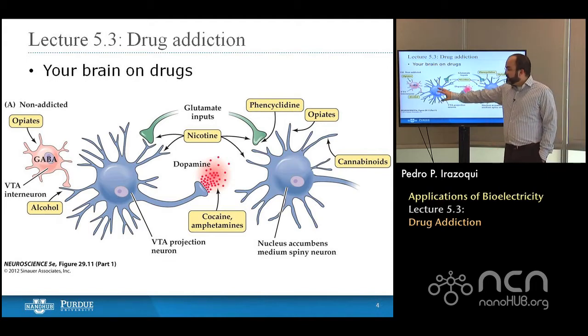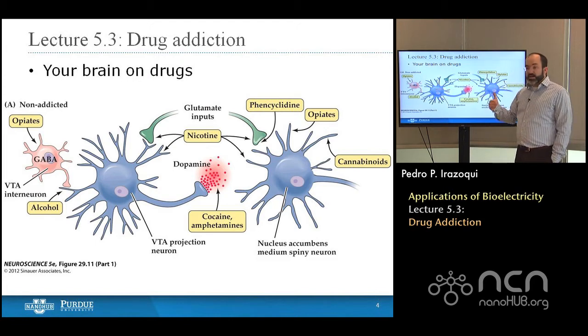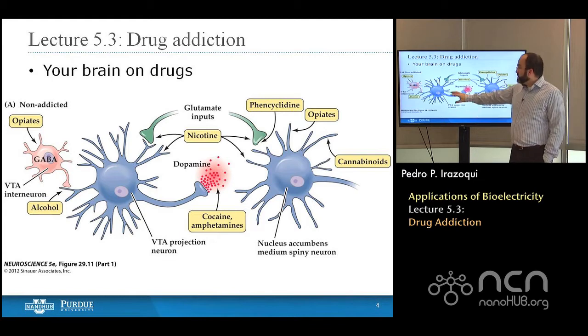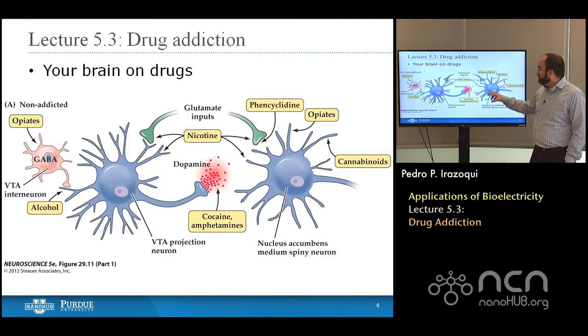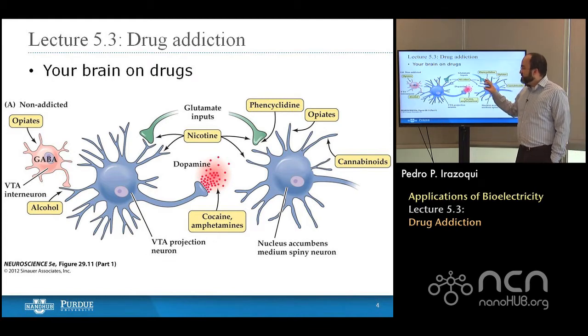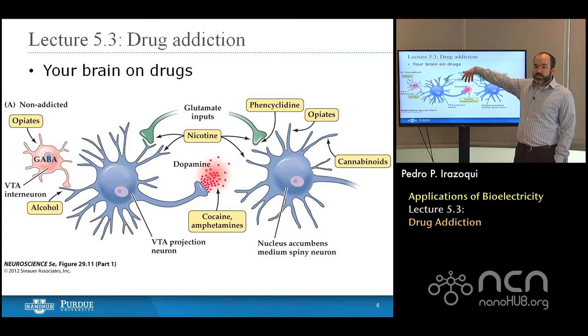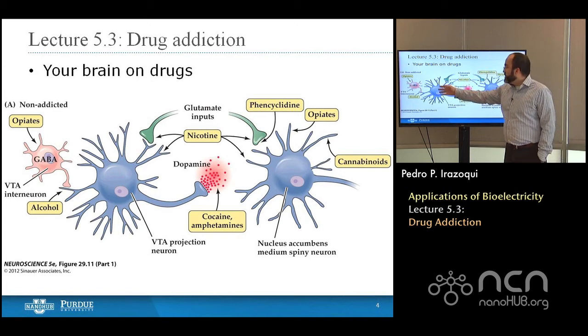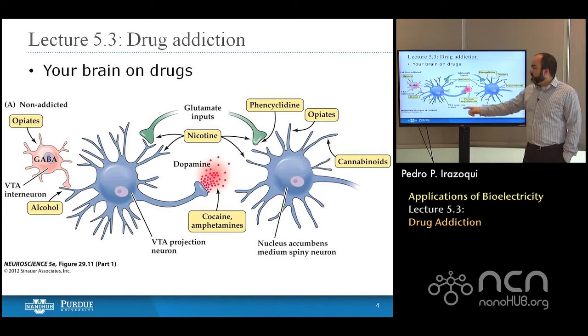So you have neurons from the ventral tegmental area, the VTA, which is right next to the substantia nigra in the midbrain. Neurons from the VTA project to neurons of the nucleus accumbens, and they release the neurotransmitter dopamine. These two sets of neurons both receive glutamatergic excitatory inputs from the cortex of the brain. And so you have excitatory descending projections from the brain, and